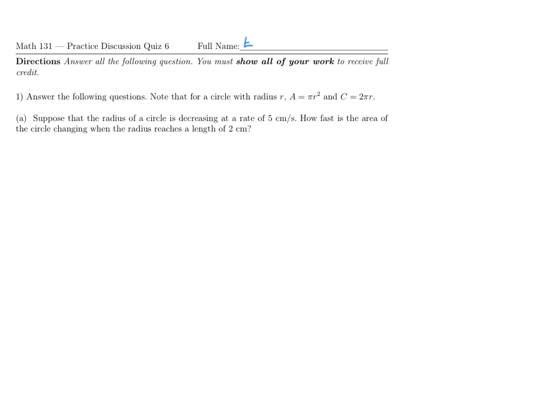The topic of this week's discussion quiz is related rates. So below I have a problem with a part A and B that relate to each other. To start with, we're given the formula for the area and circumference of a circle based on the radius. Part A says, suppose that the radius of a circle is decreasing at this rate, 5 centimeters per second. Can you use this information to figure out how fast the area is changing when the radius reaches a length